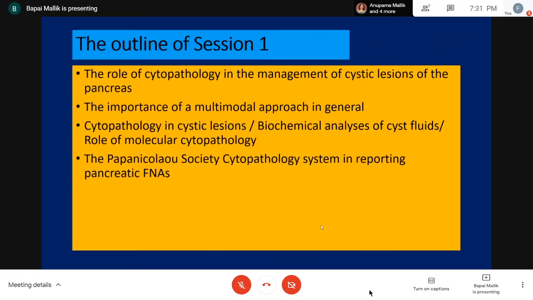So, the outline of this session is going to be as follows. First of all, I'll talk about the role of cytopathology in the management of cystic lesions of the pancreas. Next, the importance of a multimodal approach in general. And then the multimodal approach with respect to cystic lesions, including cytopathology, biochemical analysis of cyst fluids, the role of molecular cytopathology. I'm going to talk about the Pathology Society cytopathology system in reporting pancreatic FNA at the last part